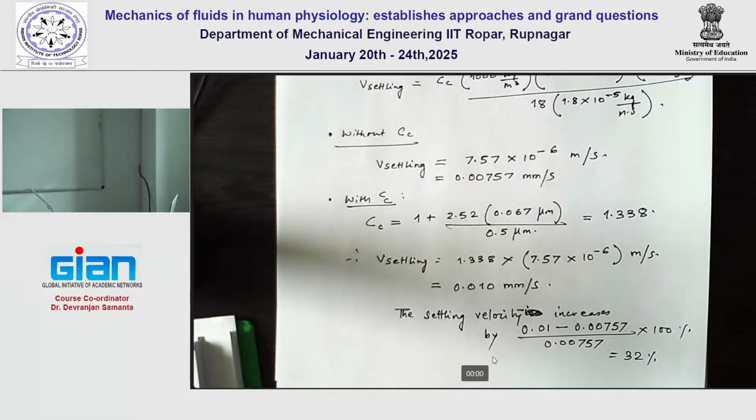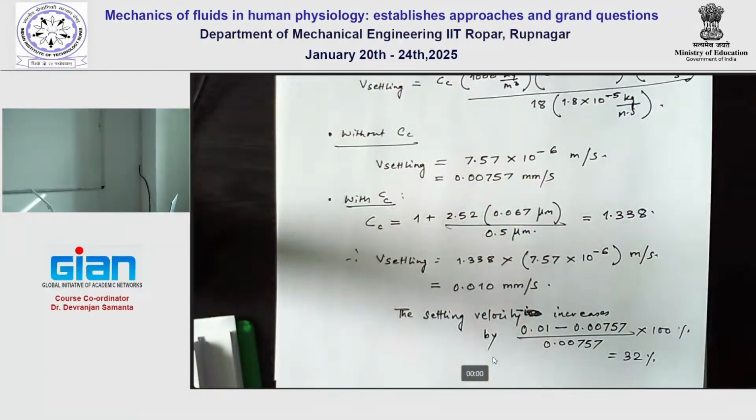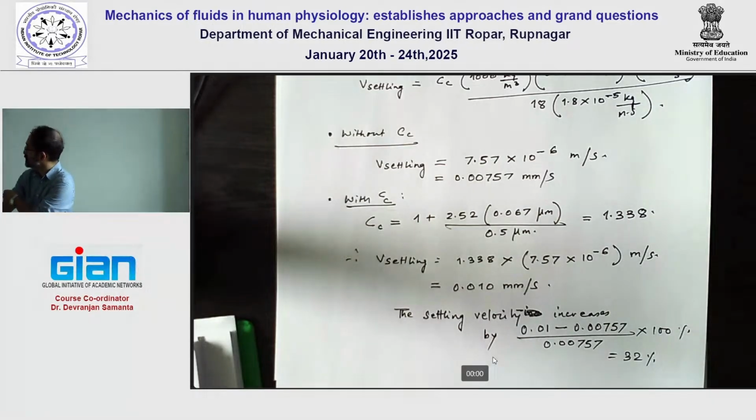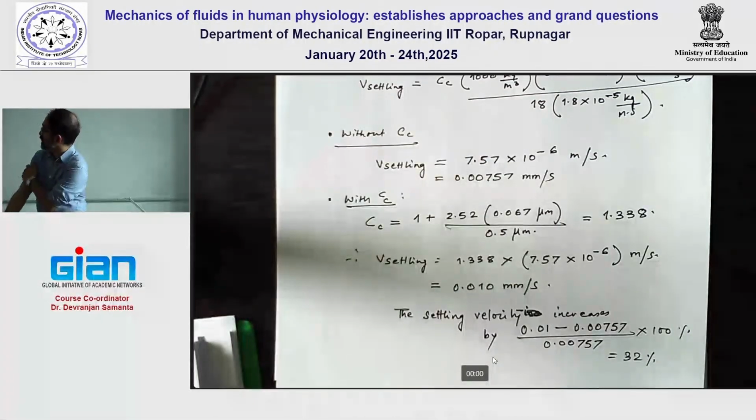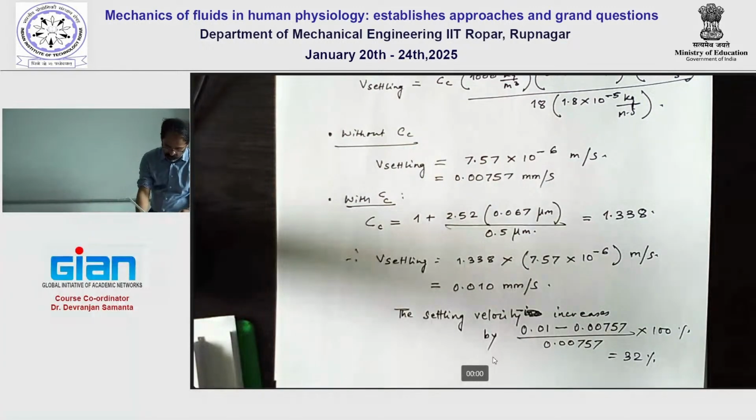Now, what is the driving factor over here? Because if you think about the 0.067, that's fixed for air. So that means that if you have smaller particles, you need to be careful about whether you want to include that correction or not, and you probably need to include that correction. And hence, for very small particles, we do need to include this into our mathematics. Okay, so until now,